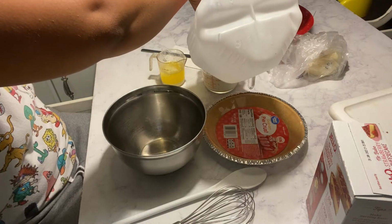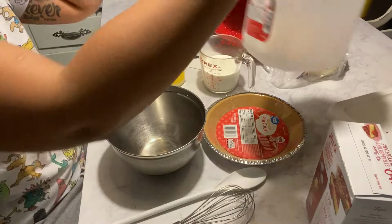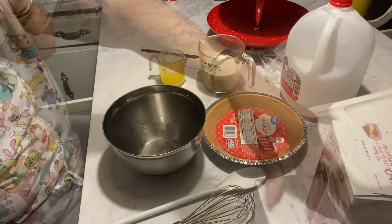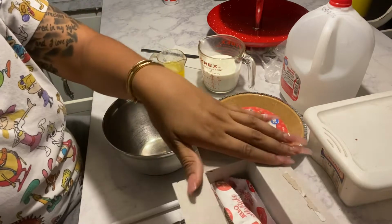This probably is just, and it is. It is just enough milk. Go ahead and pour the crust mix in. So what comes in this box